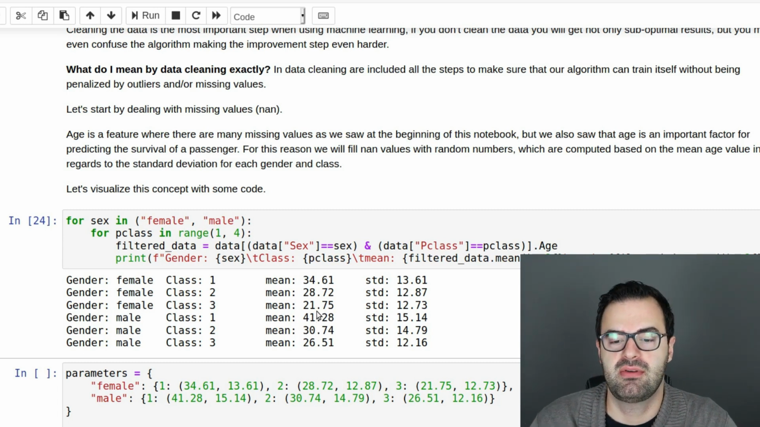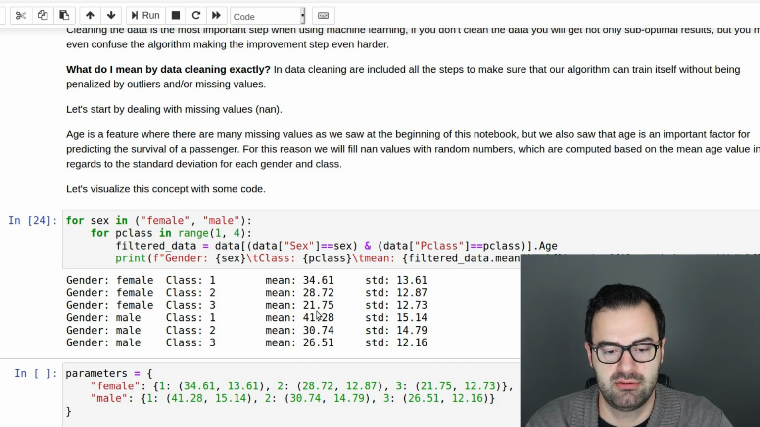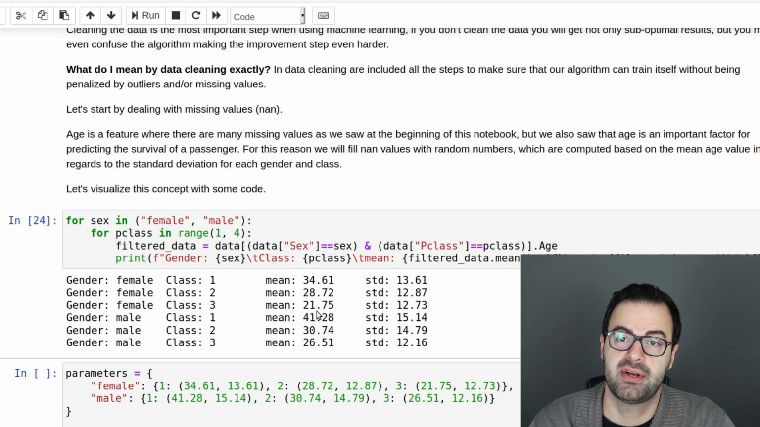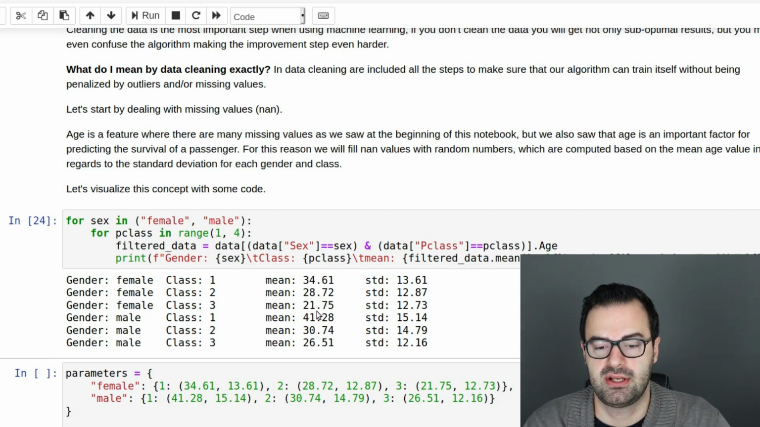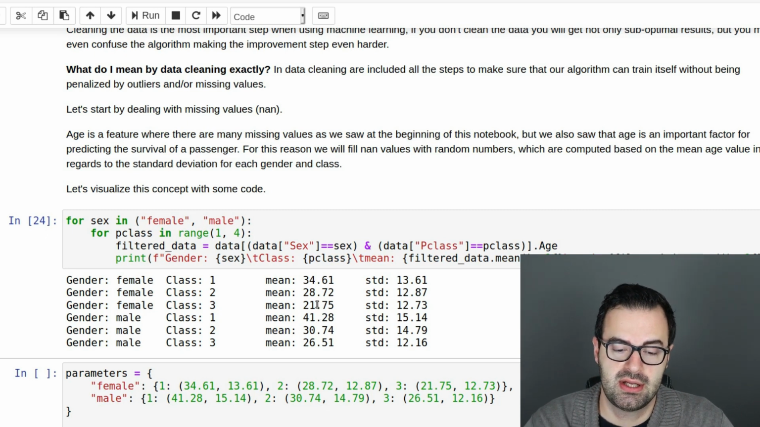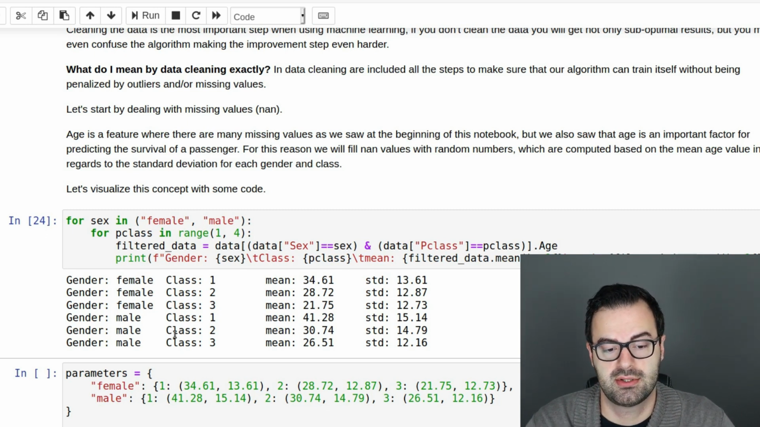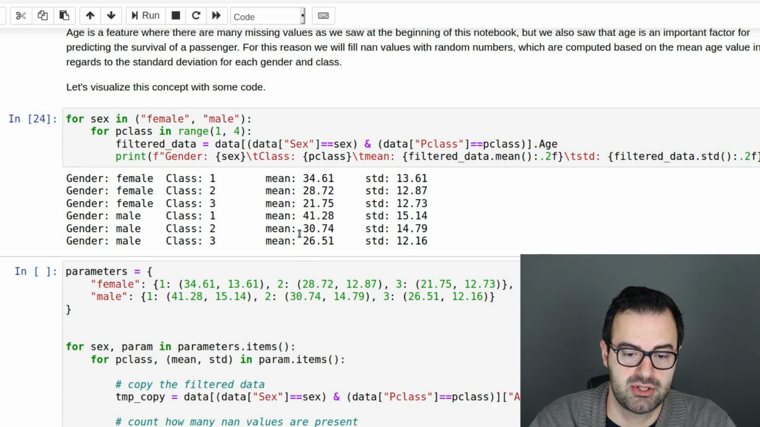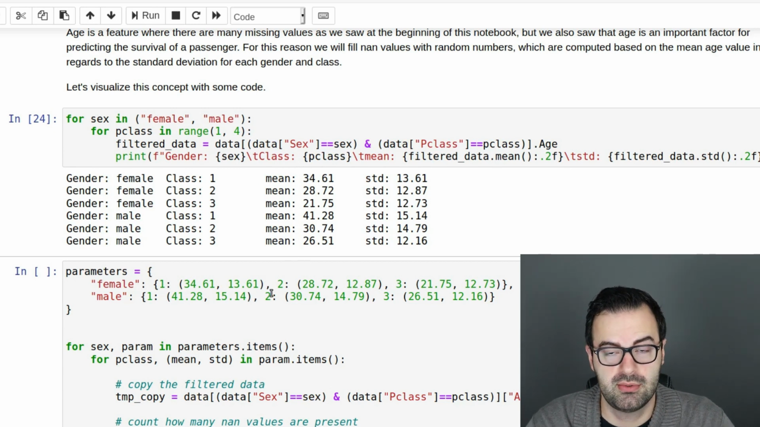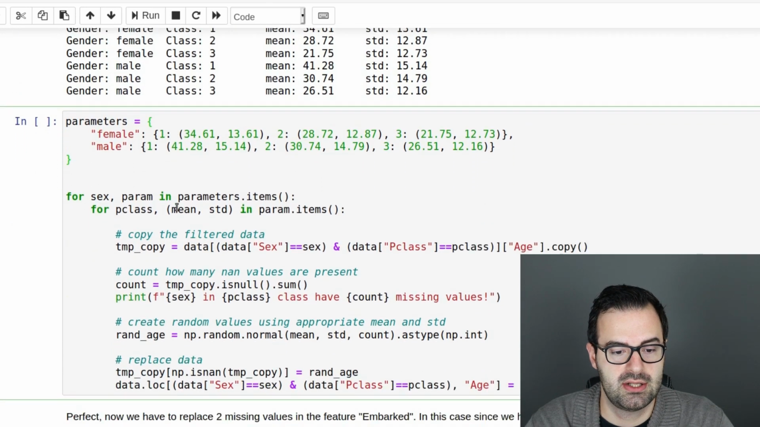Now imagine if we had just put the mean age of the entire data set in all of these missing values. This wouldn't have been good because, as you can see, the mean changes based on some other characteristic of that person, right? So now we can use those statistics that we just derived to compute, as I mentioned, a random number for the age based on those statistics, right? So we can execute this code,